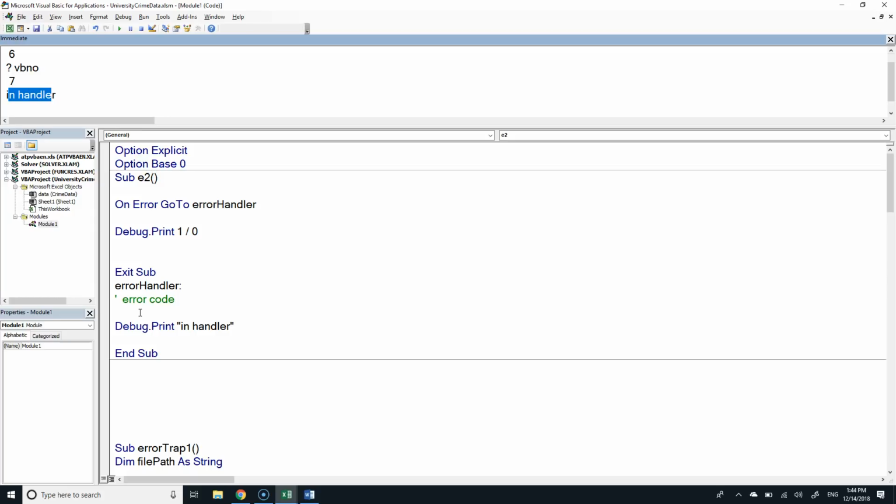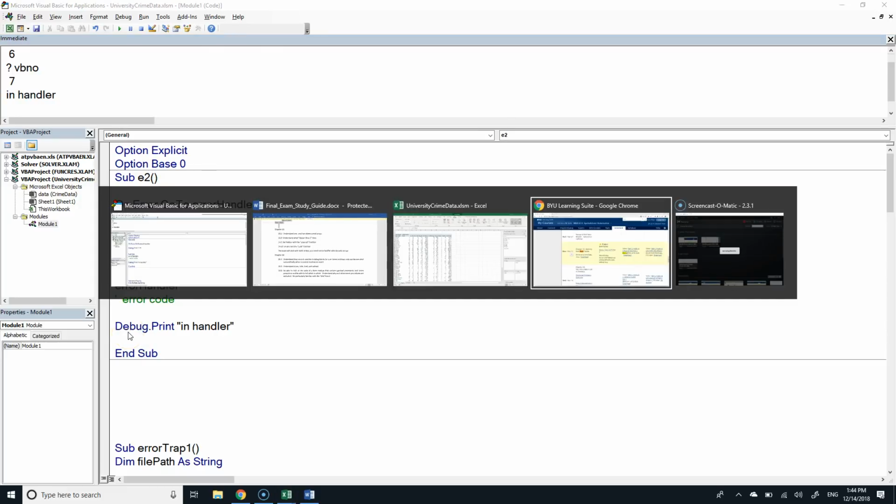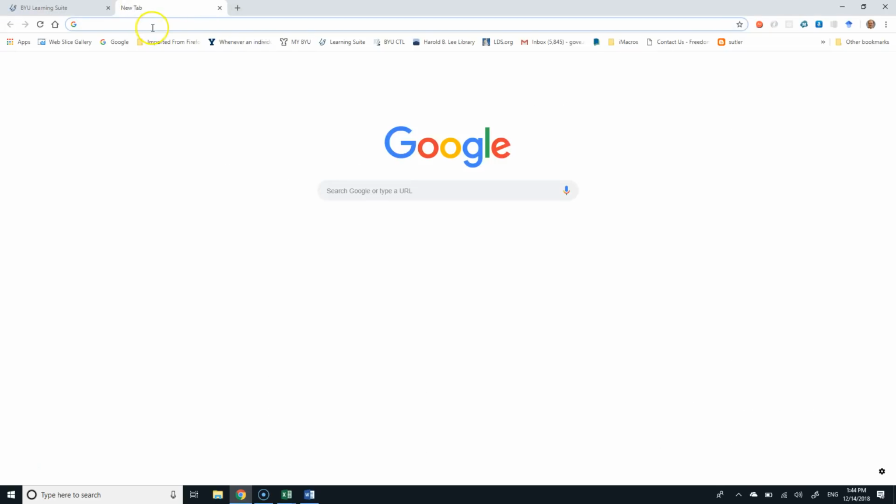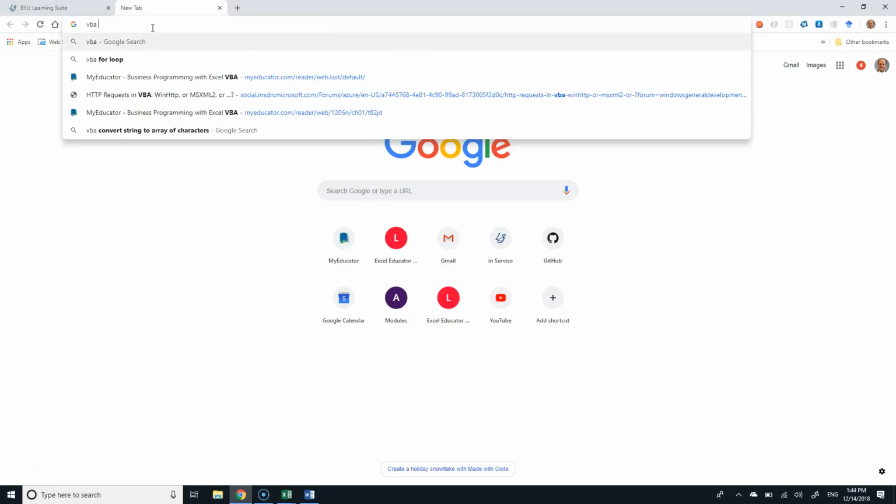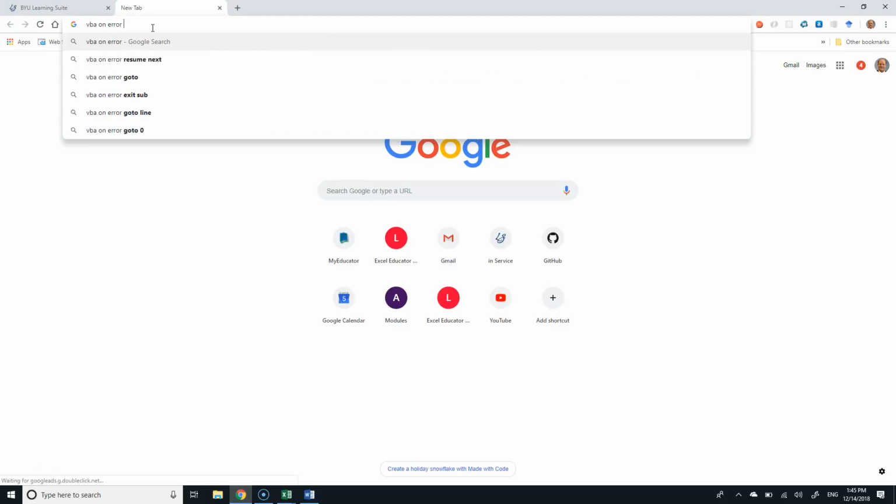Yep. Why not send it to a sub procedure so that you don't have to exit sub on error? The question is, why can't you jump just to another subprocedure on error? And the truth is, I'm not sure that you can't. Exit sub, on error, go to line, go to 0. Yeah, it looks like you can't. At least I'm not seeing that straight away. It would take a little more research to be sure that you can't. Yeah, the language just doesn't allow it.